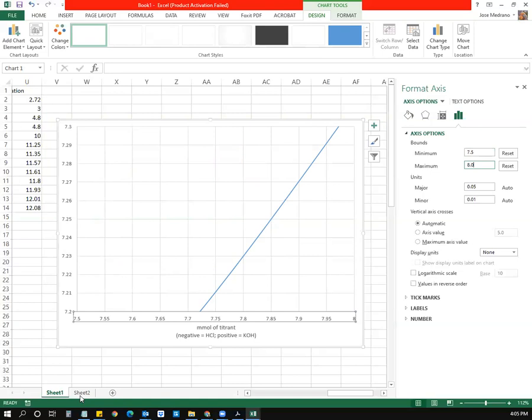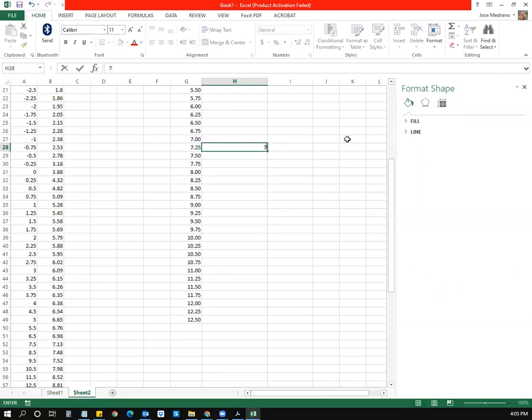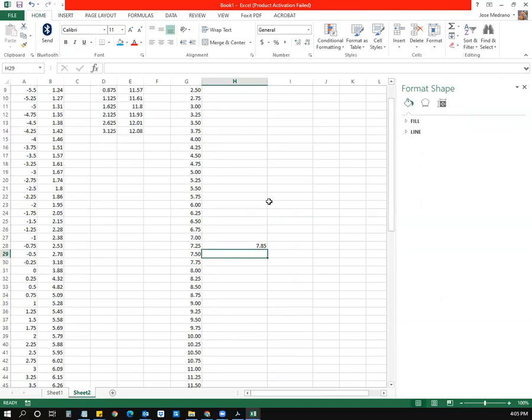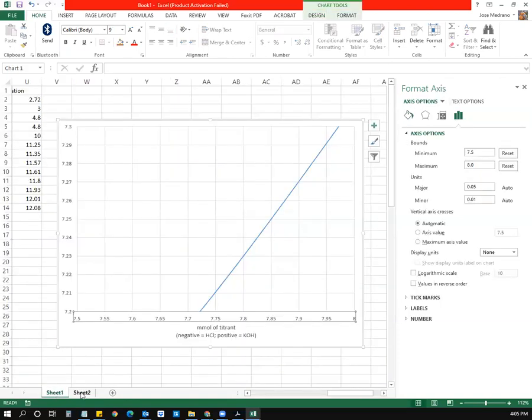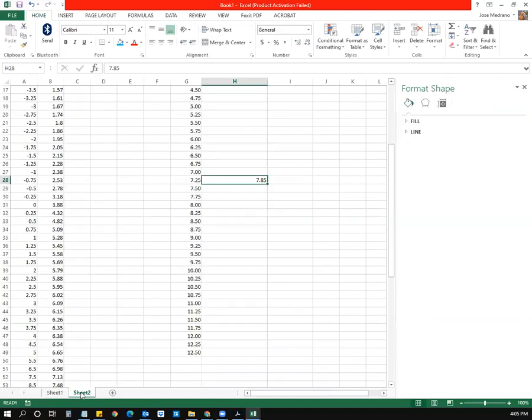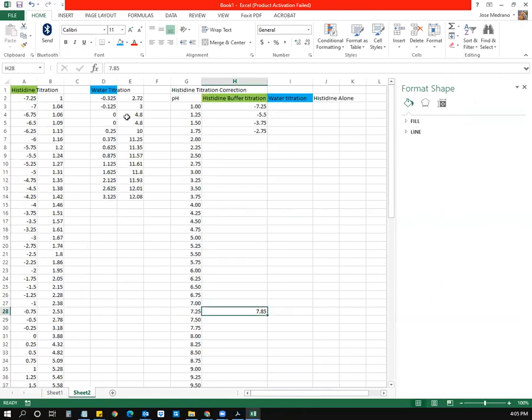And I will go ahead and just basically put 7.85, be a little bit more precise, 7.85 for the millimoles of titrant. And so you can just use this little activity to hone in on the missing pH values they have. This is actually particularly useful for the water titrants, because remember, DI water has no buffering capacity whatsoever, and those small amounts of titrants really shift your pH in the beginning